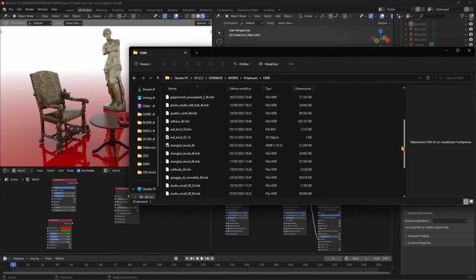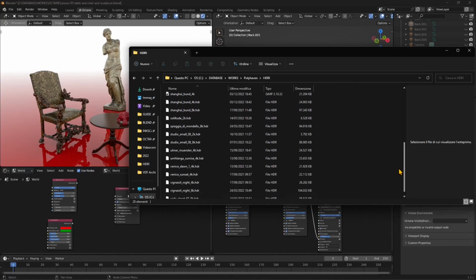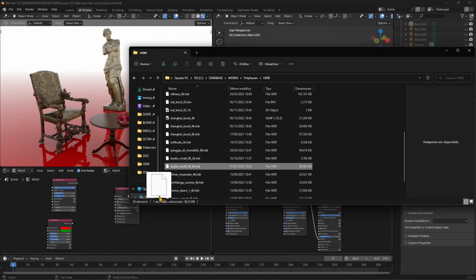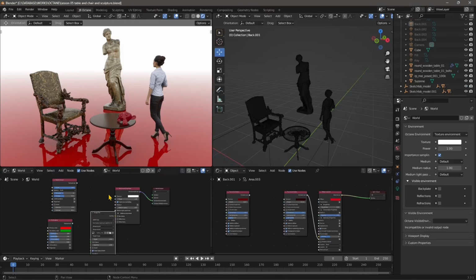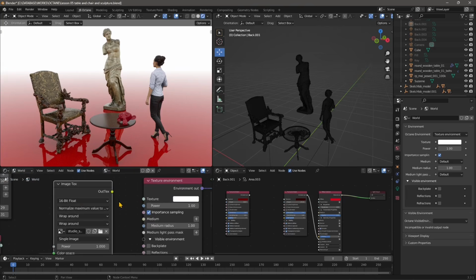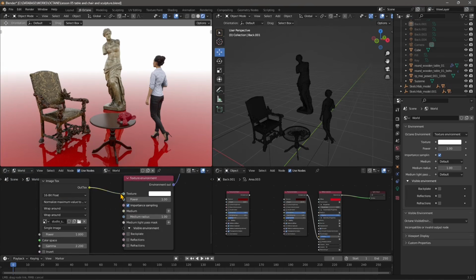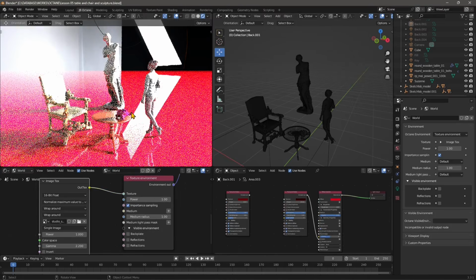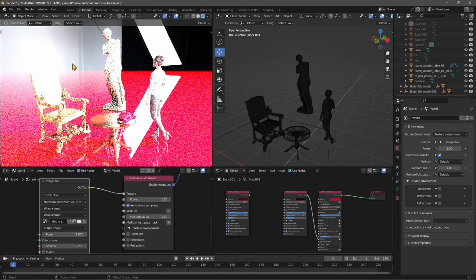If you want to go into realism, you need a realistic picture, you need a photograph, you need something like an HDRI. So I'm selecting here the HDRI, clicking and dragging it from the folder directly inside the node editor into Blender. And there you go, in the world node editor. And then I will click and drag it and create this link inside the texture environment. So I have to wait a few seconds, and there you go. Now I have the image, but I need to adjust it. I need to lower down the intensity